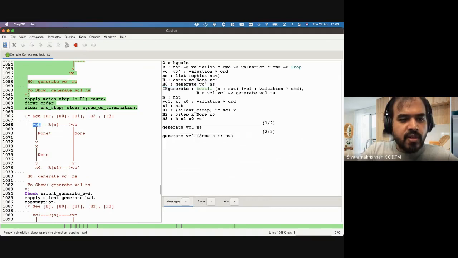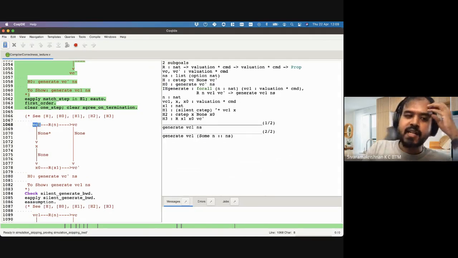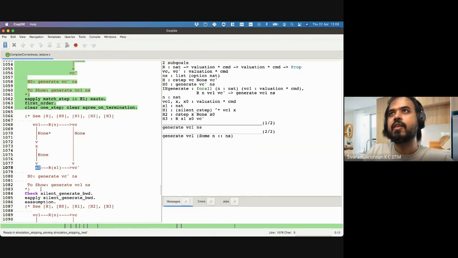So I have to show here, if you sort of stare at it, I know that this is all generating silent labels. So if I need to show this generates NS trace, I can show that X also generates NS trace, and similarly X0 also generates NS trace, right? Stepping through each one. We've done all of the hard work. We've actually proved